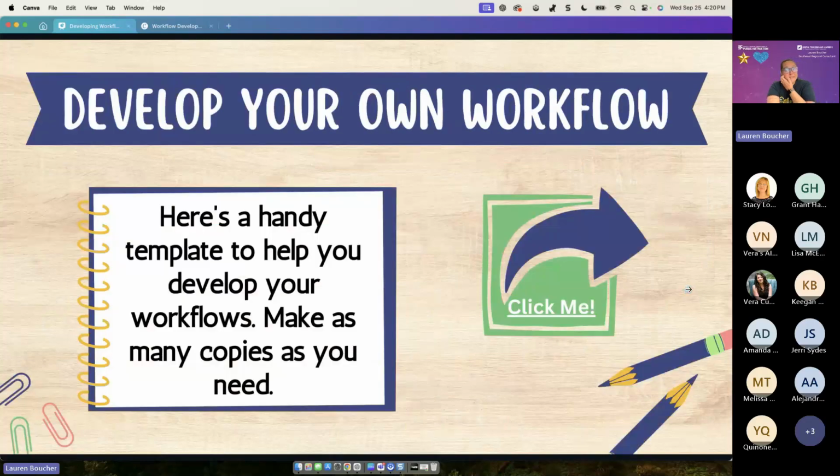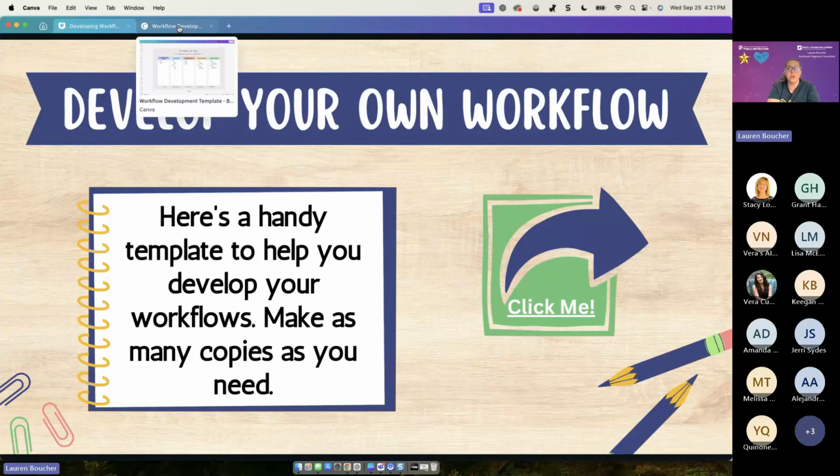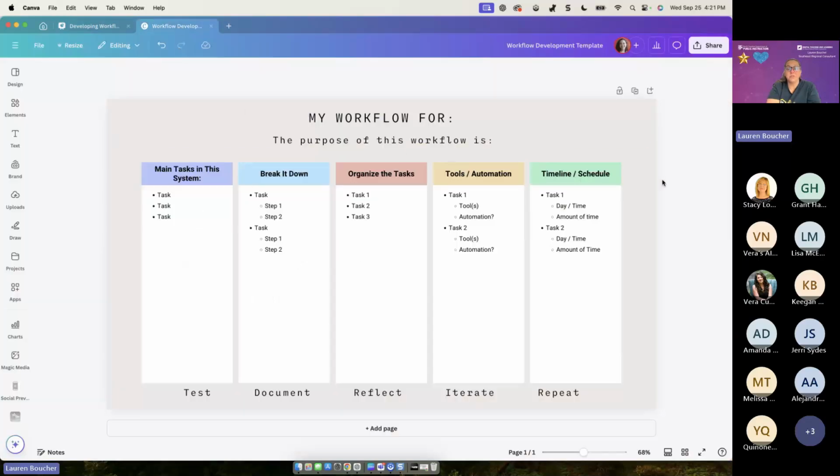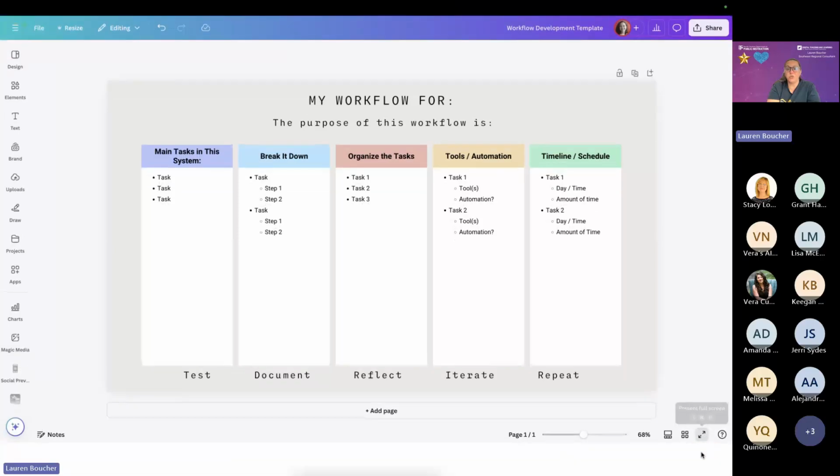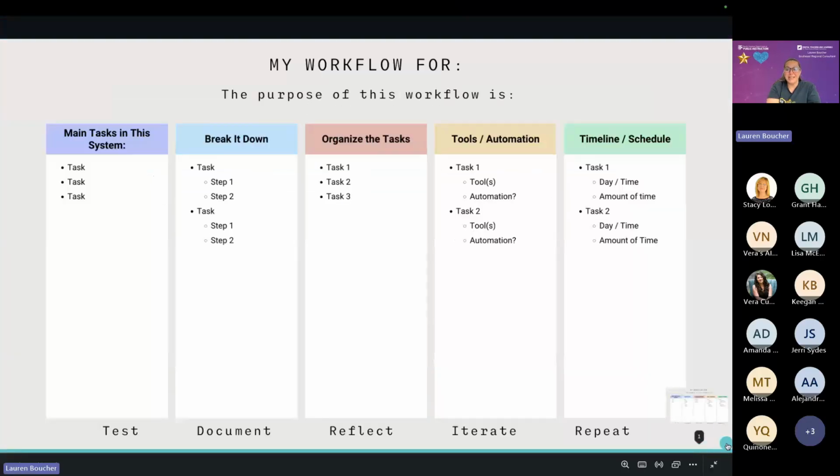So what I have done, and if you click here, I've created, hopefully you'll find it, a handy dandy template to help you think through the development of your own personal workflows. Again, these are really based on your personal style and how your brain thinks.